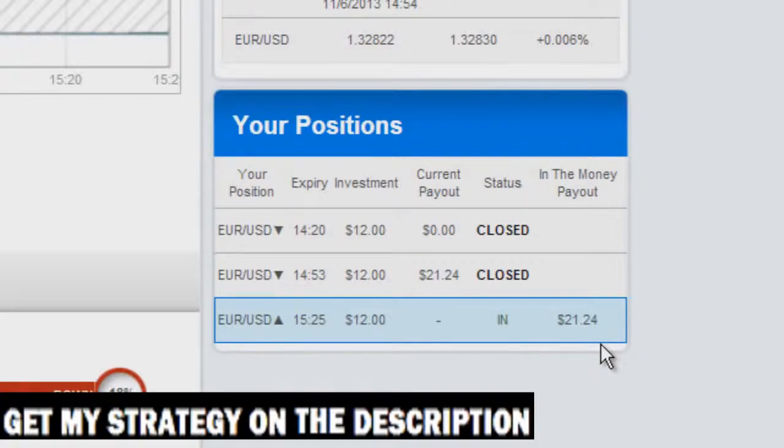Now, a lot of traders ask me, can I use this strategy to trade on different platforms? And the simple answer is yes, you can try. But you should know each platform works a little bit differently. And I've only tested this particular strategy with the StockPair platform. And I'm going to go ahead and pause the video again and be back with you in just a few